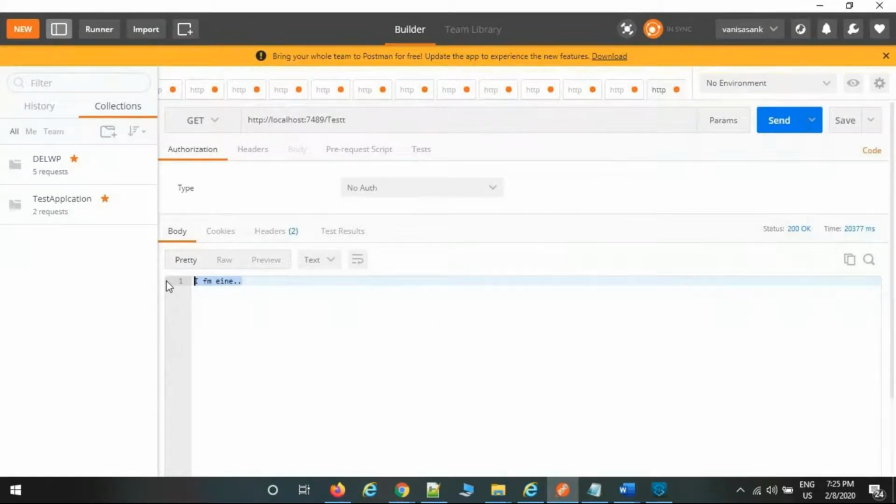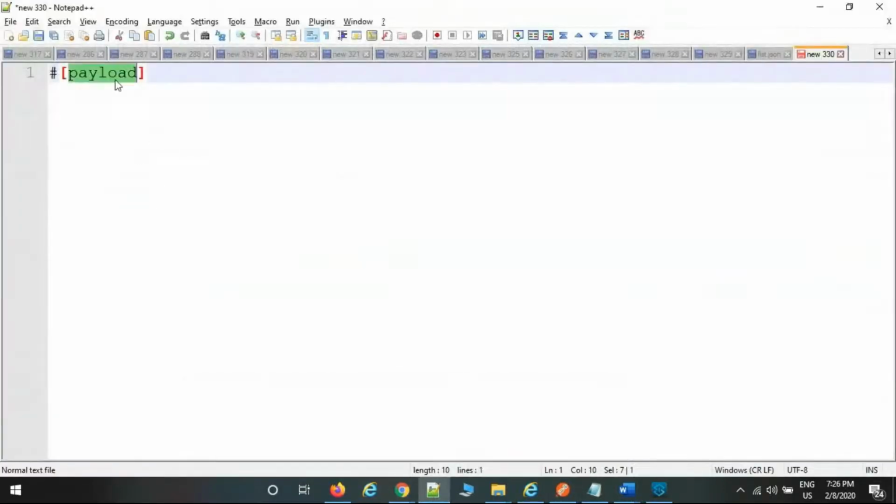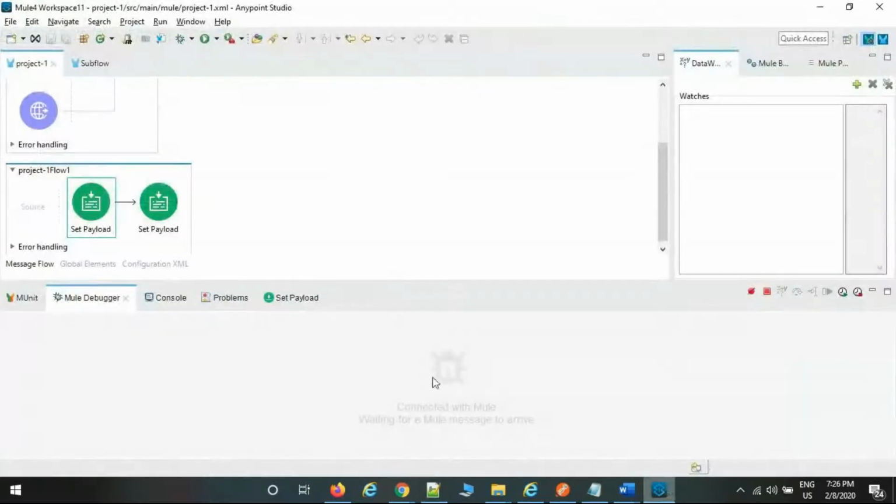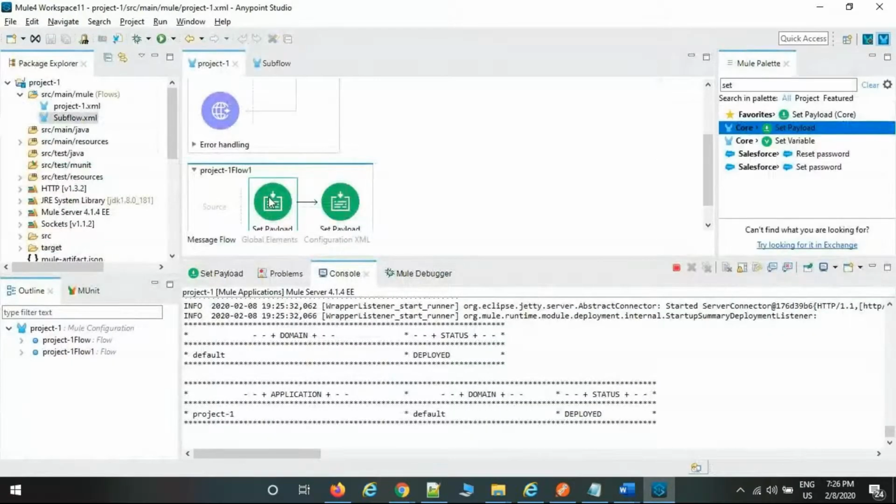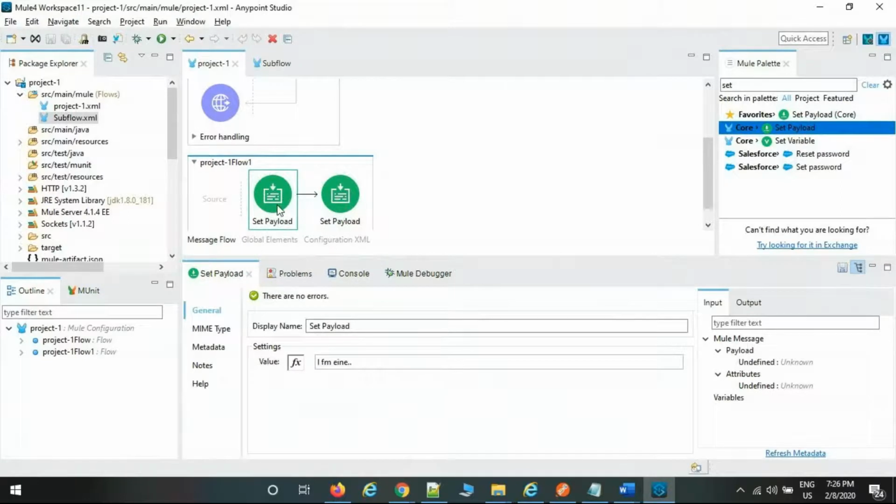So you are setting something in the payload, and the same payload data I am going to reuse in the other set payload. The MEL expression syntax is payload. If I simply define payload, the data is carried to multiple places, not only here but any subflow, private flow, anywhere. If I define it somewhere, the same data can be consumed in multiple places.